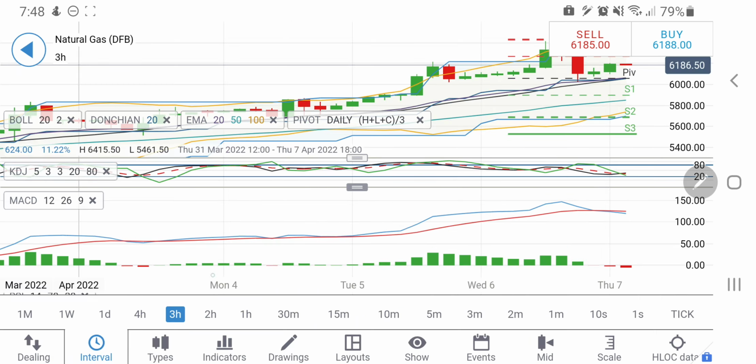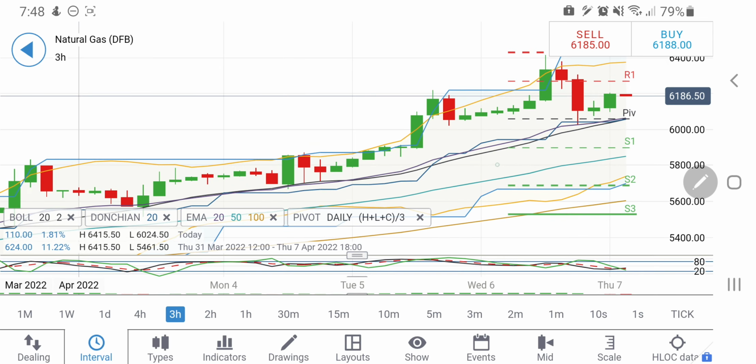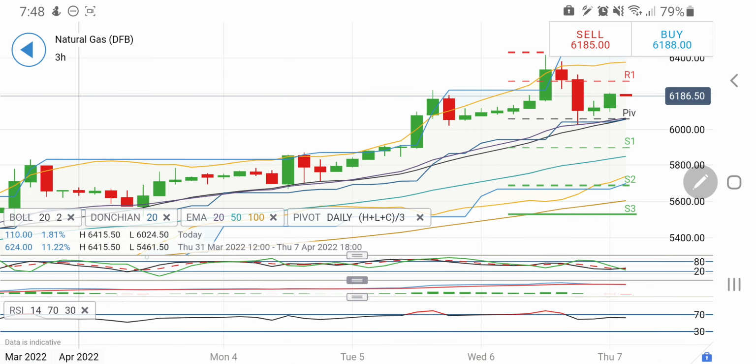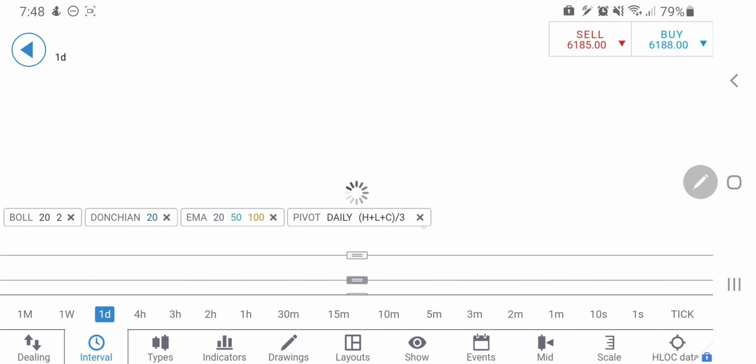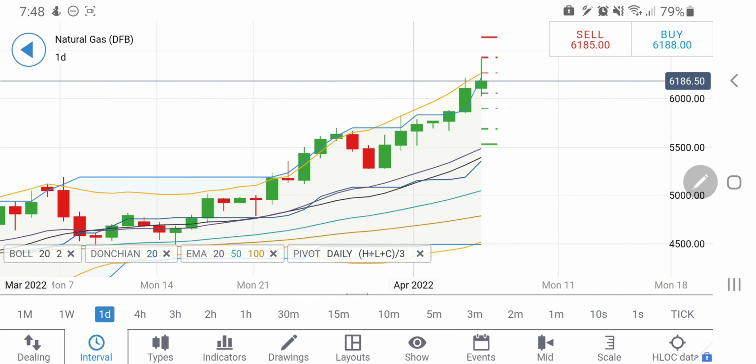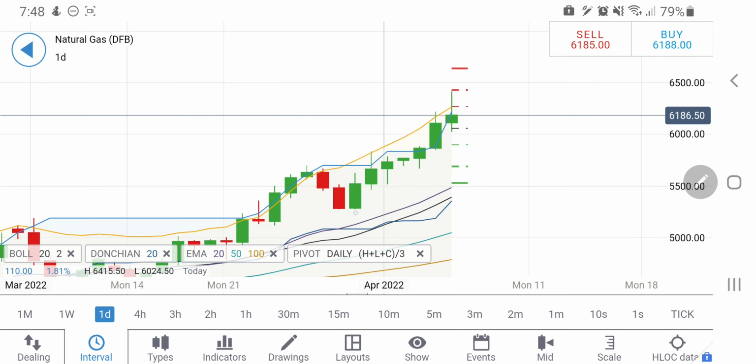Looking at the 3-hour charts, similarly as what we saw. Now coming back to the daily charts. On the daily chart, see, the next candle is yet to begin. It is trading with this as support, and see here a larger wick and a smaller body. And if it breaks this zone at 6.05,